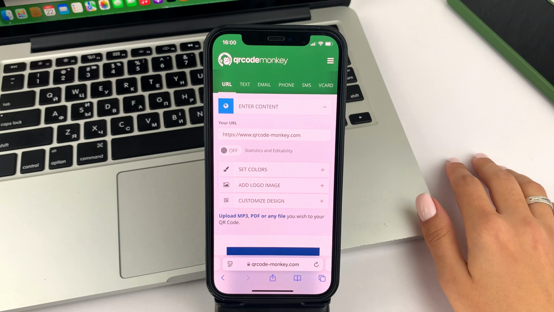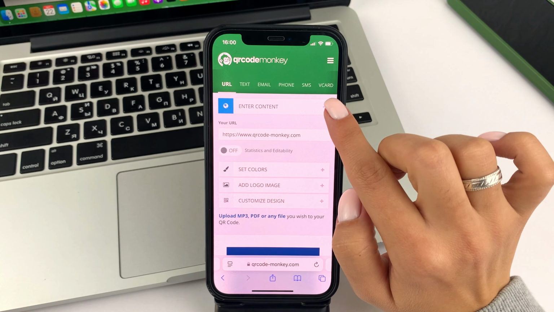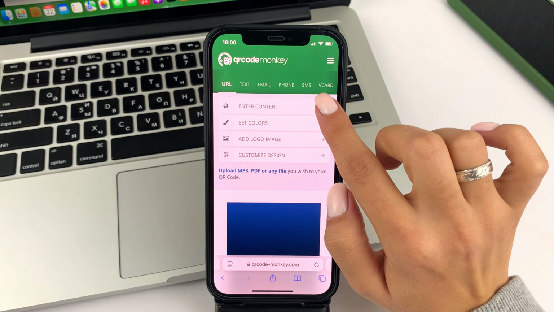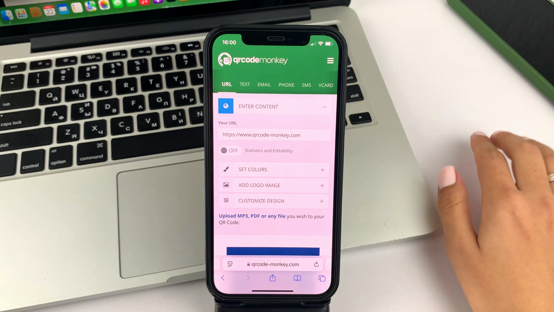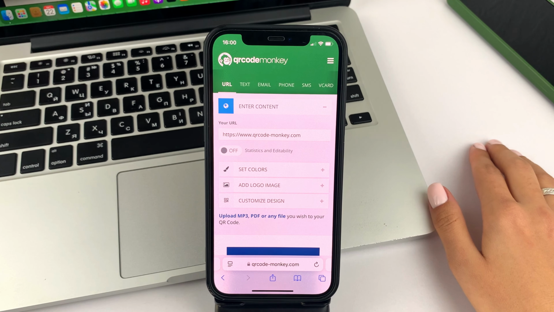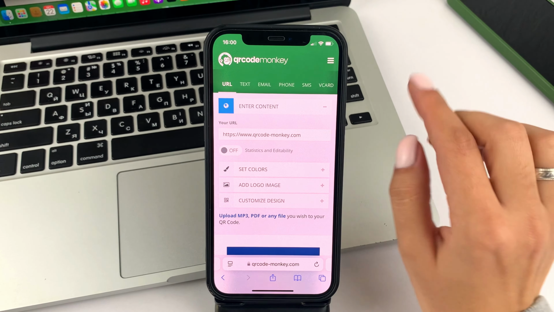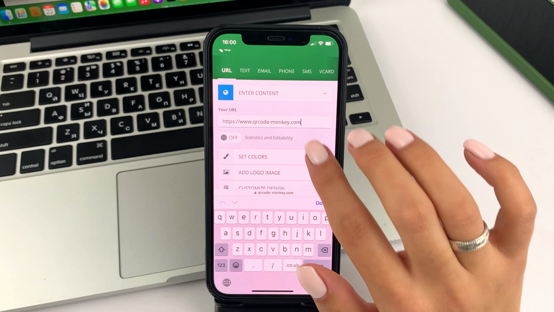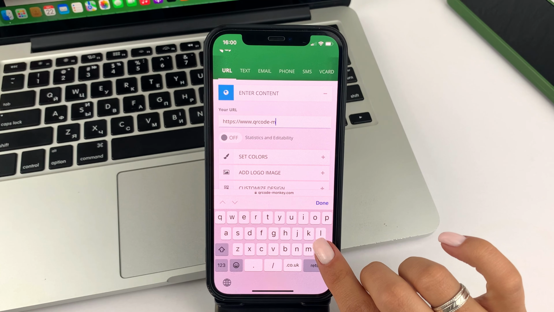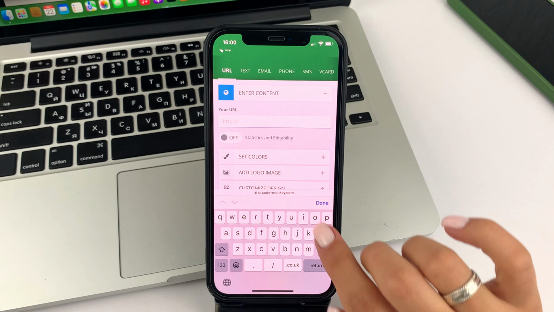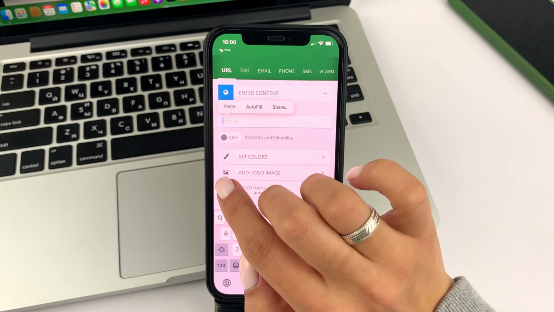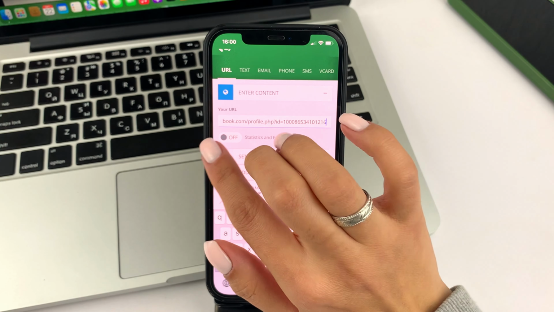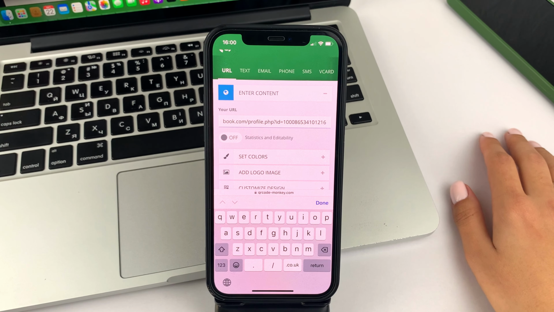Then, at the top, click here to add the link that you copied from Facebook earlier. As you can see, it automatically links to the site itself. But in order to change it to your link, click here on this line. Next, delete the link to the site. Now click and hold and select Insert. As you can see, the link copied to the Facebook page has appeared.